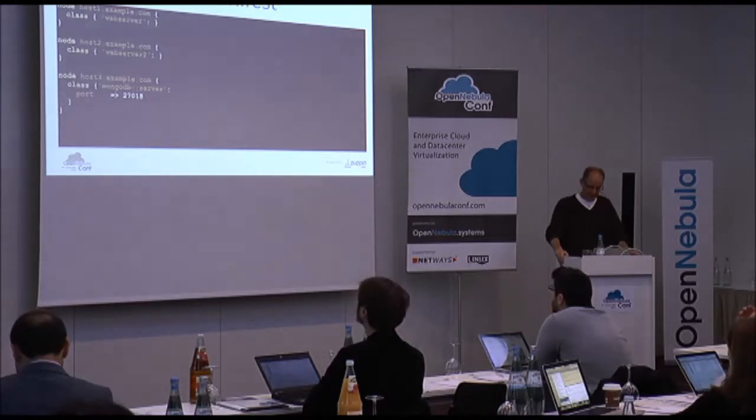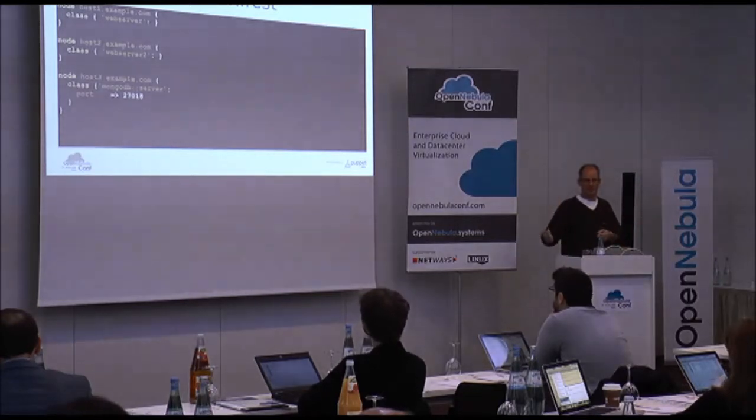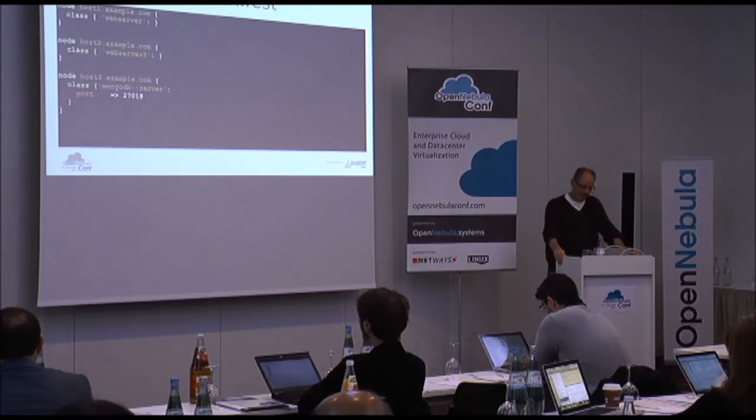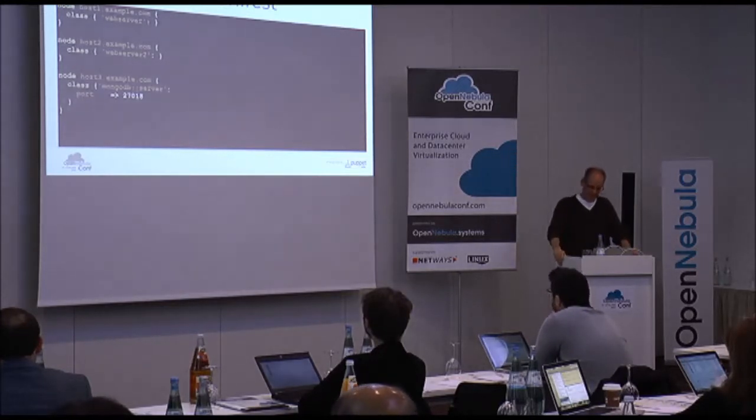In Puppet Enterprise, there's something called a node classifier. There's also open source node classifiers, which based on rules figure out that a machine that looks like this should be a web server, and a machine that looks like that should be a Postgres server or something like that. Which, especially in elastic environments like OpenNebula, is a much better way to go about it than these very fixed host name based classifications.